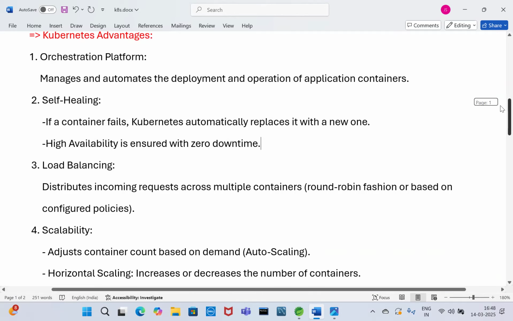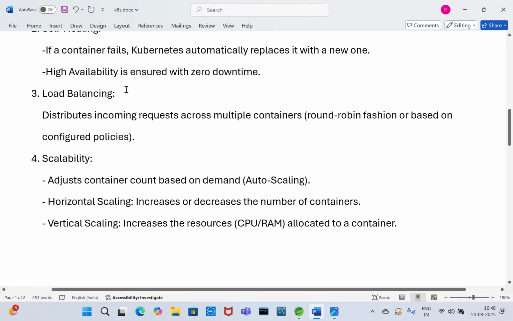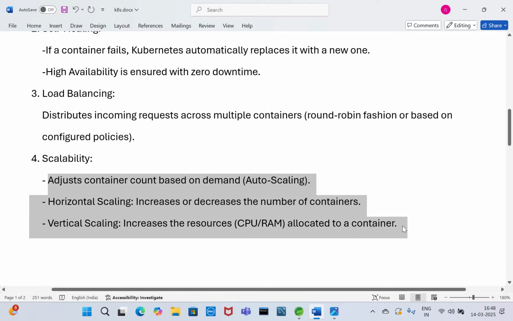Load balancing distributes incoming requests across multiple containers, in a round robin pattern or based on configured policies. Scalability adjusts the container count based on demand. Auto scaling, horizontal scaling, increases or decreases the number of containers. Vertical scaling increases the resources, CPU and RAM, allocated to a container.